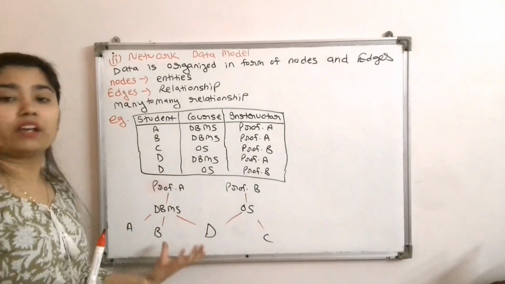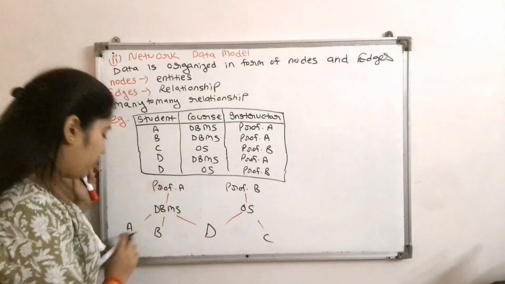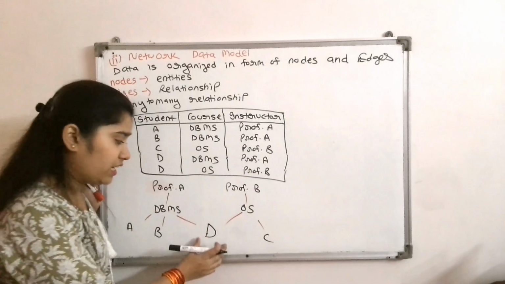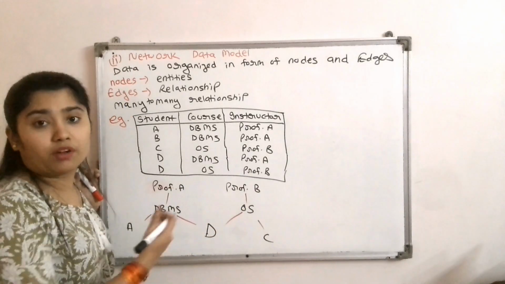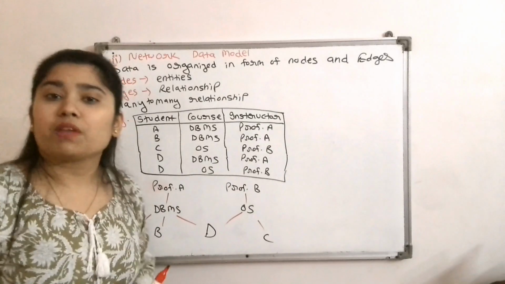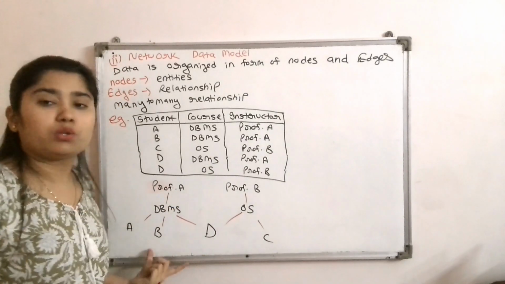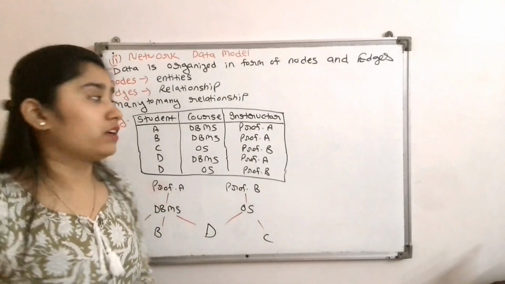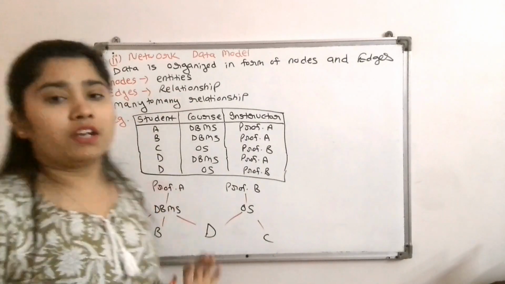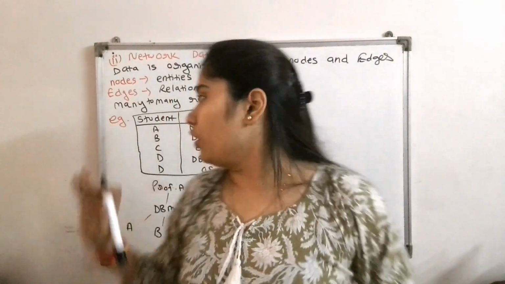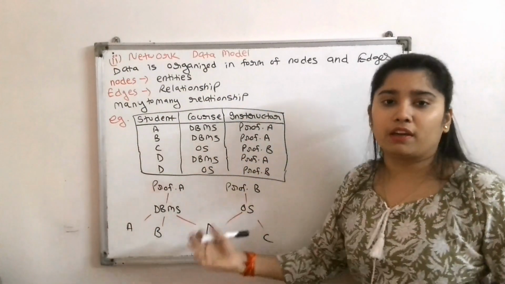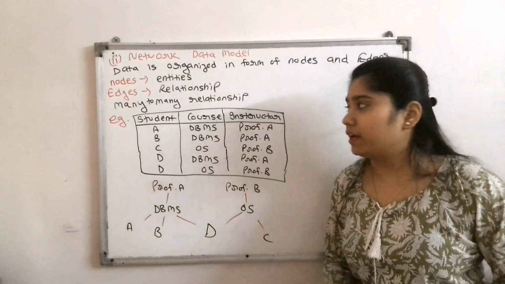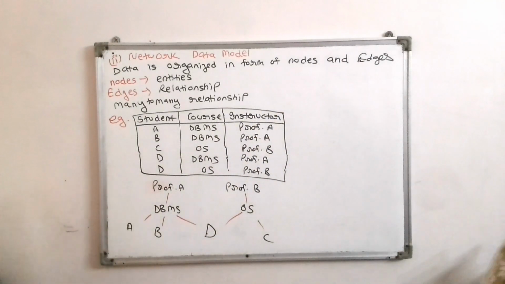Okay, so now I hope you are clear with this. See, here A has one parent, B also has one parent, but D has two parents. So it has now become a many-to-many relationship. The parent also has multiple children and the child also has multiple parents. Therefore, it is a many-to-many relationship. So I have taught you with the example also. I hope you are clear with the network data model. Okay, now if you want to take a screenshot, take it or write it down.